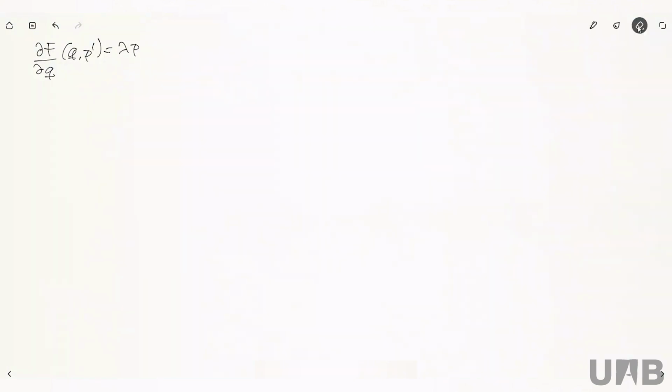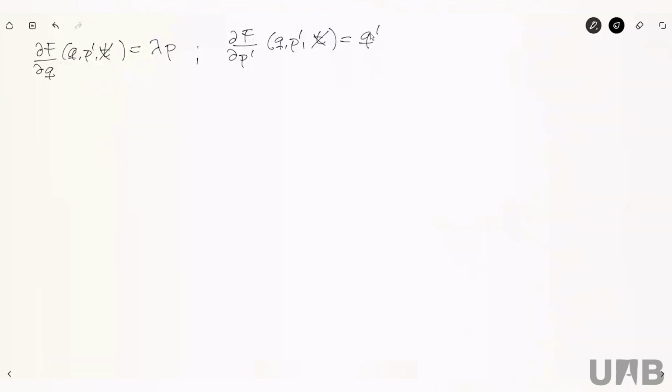In general, this is going to be a function of time also. But in practice, we are not going to complicate our life by making it time dependent. So we're going to forget about the time dependence. We don't need that, as you will see. And the other differential equation is partial of f with respect to p prime, function of q, p prime, and t. Again, it is not going to be a function of t. This has to be q prime.